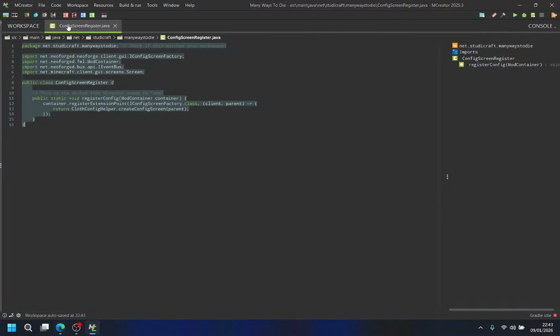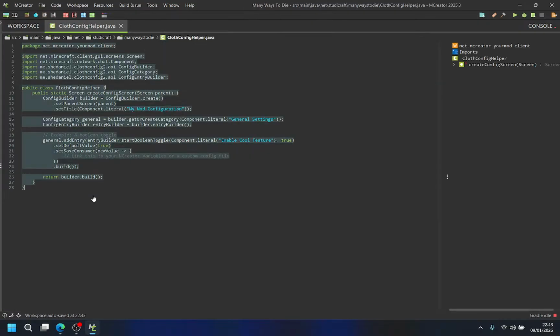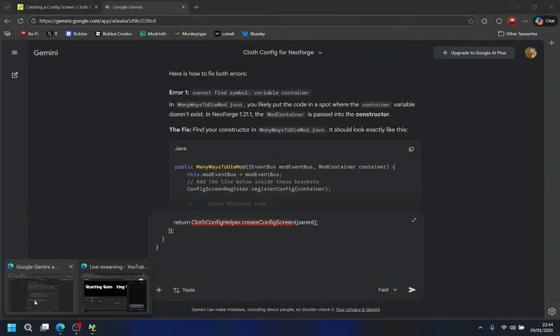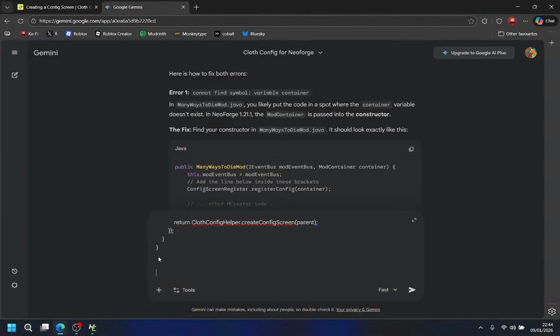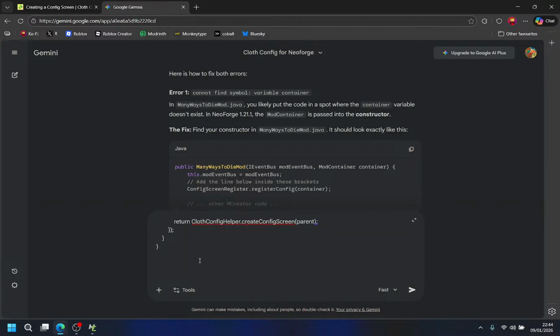And then I'll do clove config app, clove config app, yeah. No, it's clove. It's config screen register. My bad. Config screen register, and that's clove config app,